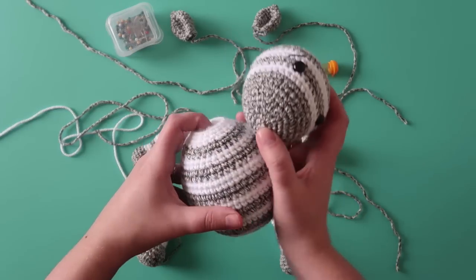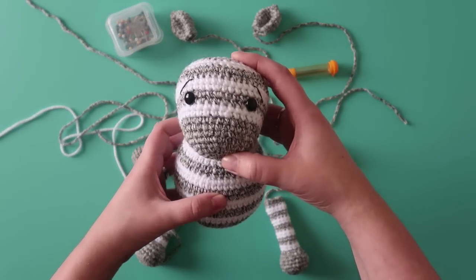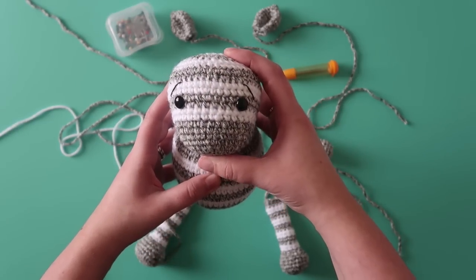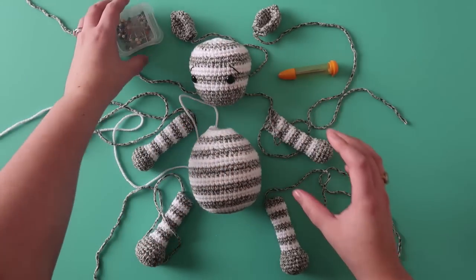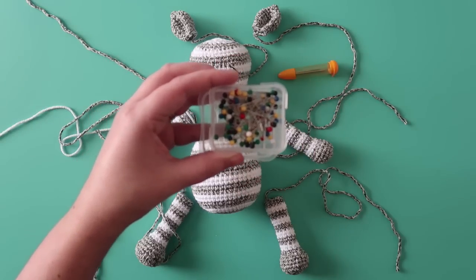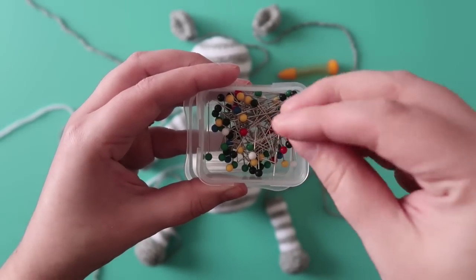So for this pattern, the head is sewn onto the body, and this is something that a lot of people have trouble with and are afraid to do. But I'll show you some of my best tips, and part of that is my tools. So I like to use just like these regular pins, right? And I pin everything in place,